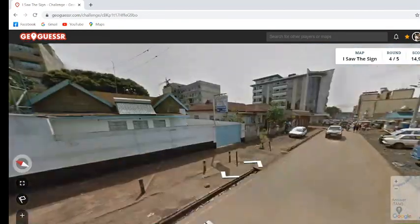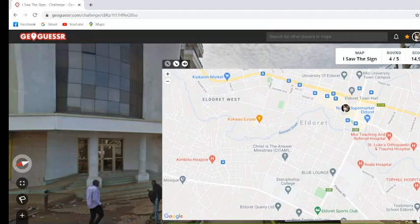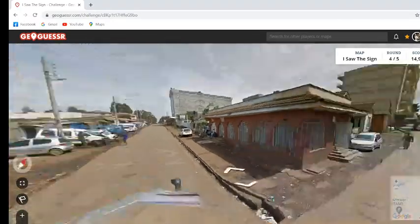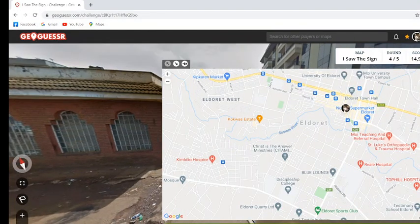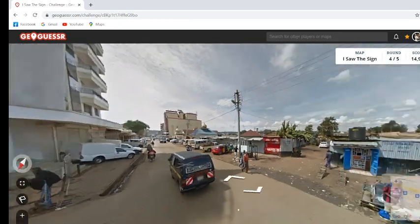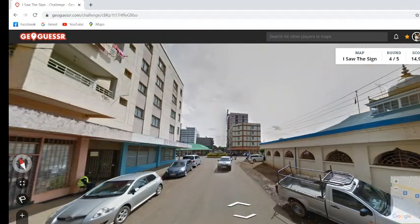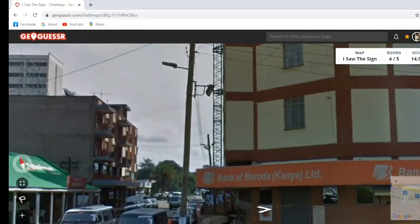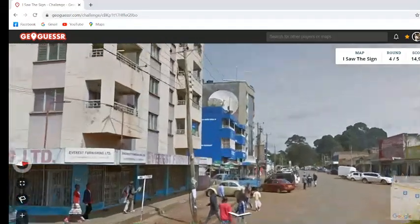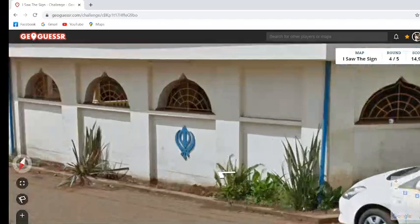But we have, okay, so returning to start, we have, oh, it's P.O. Box 1080. Okay, so that's not an address. Okay, so it looks like we're in the center. Yeah, so the center, of course, is all the modern foundation town sort of thing with streets that intersect at right angles. Huge Safaricom sign, like telling us that we are really in Kenya. We have Moy Street. Okay, and